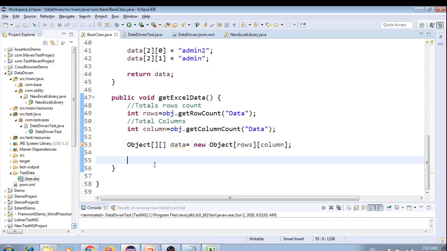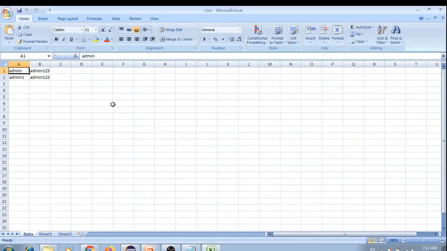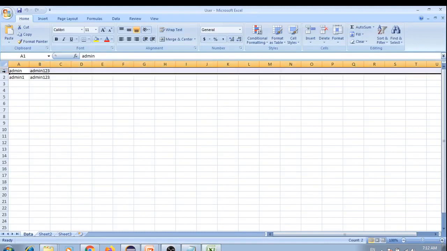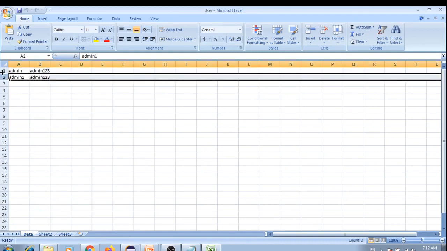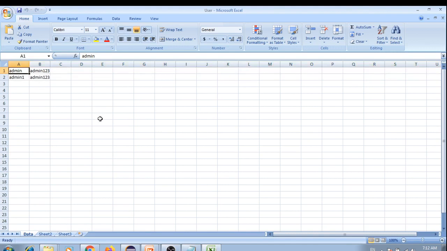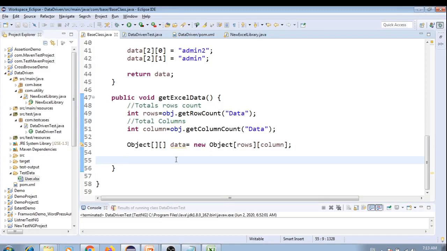So how to do that? I need to write 2 for loops. One is to iterate the rows and another one is to iterate column wise. The outer loop is to iterate the rows, and the inner for loop is to iterate the columns. So we'll pick the data like this, first this one and then this column, and after that we'll jump to the second row and pick the first data and the second data, like this. So let me write